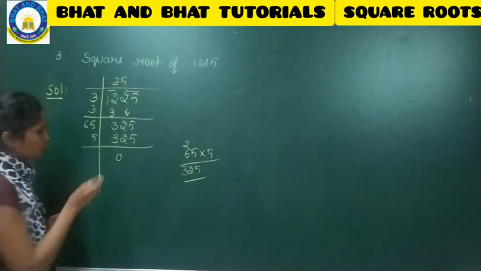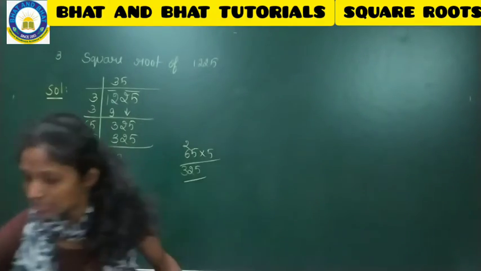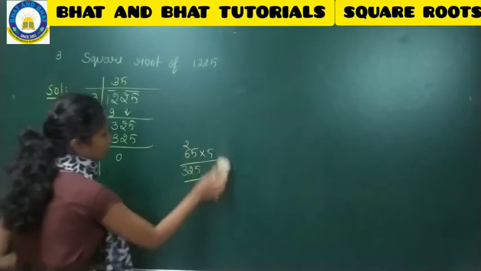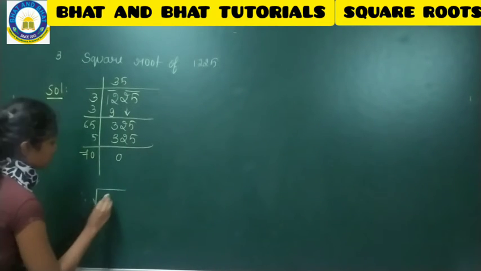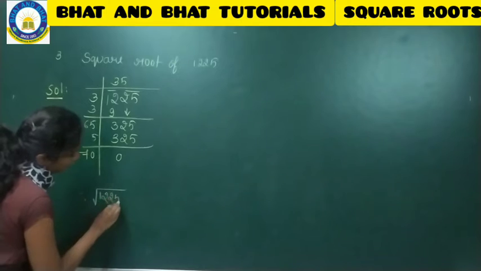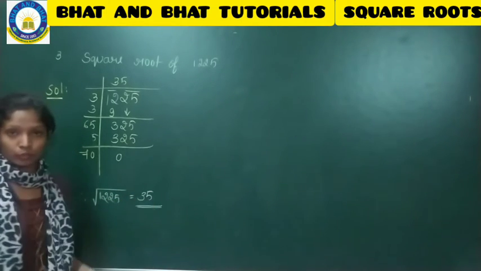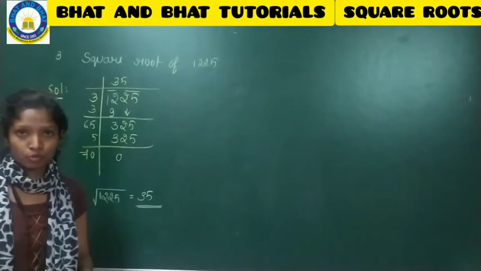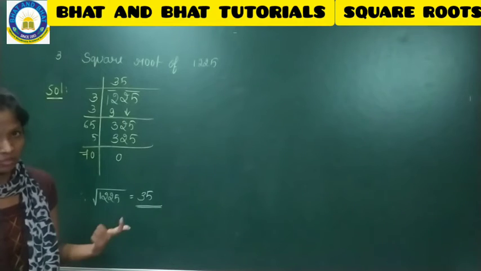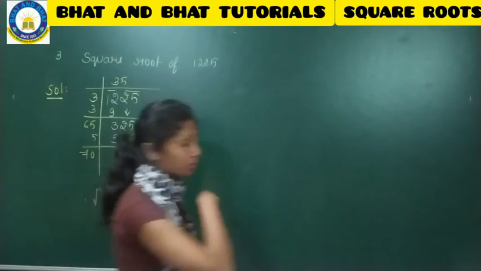If you want you can just write it as 70 here. So therefore the square root of 1225 is equal to 35. So now you can copy down this easiest problem. We have already solved these kinds of problems, so it will be easier. You can copy down. Yes. We'll just move on to the next problem now.